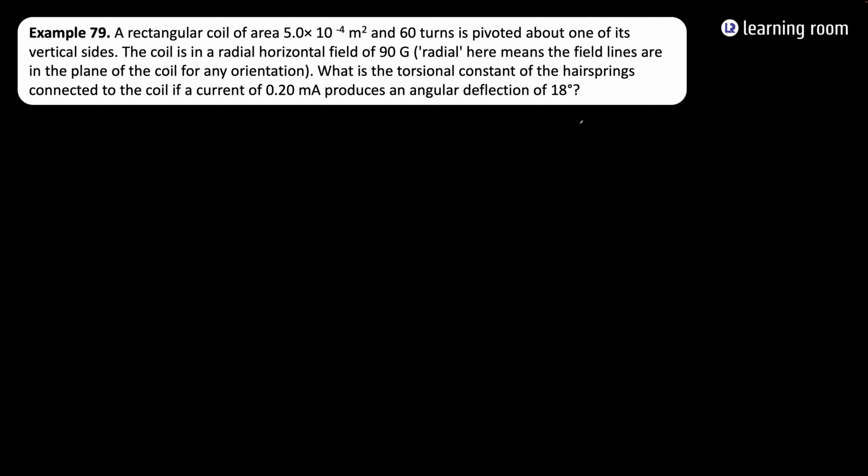So let's see the first problem that is based on the moving coil galvanometer. It says a rectangular coil of area 5 into 10 power minus 4 meters square. The number of turns is going to be 60. It is pivoted about one of its vertical sides. The coil is in a radial horizontal field of